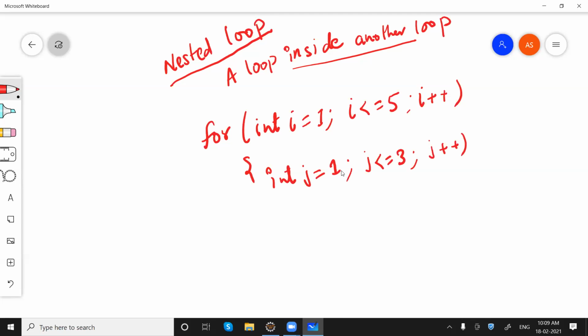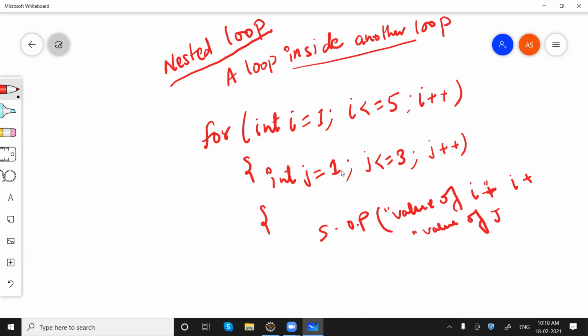Then I'm saying System.out.print the value of i plus, then plus double quotes value of j, then plus j.